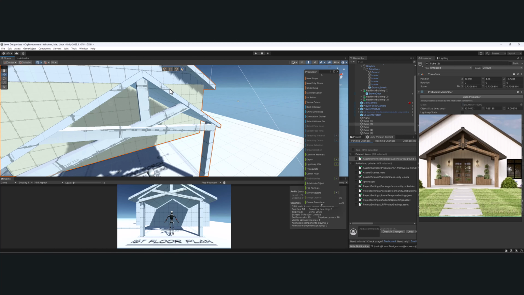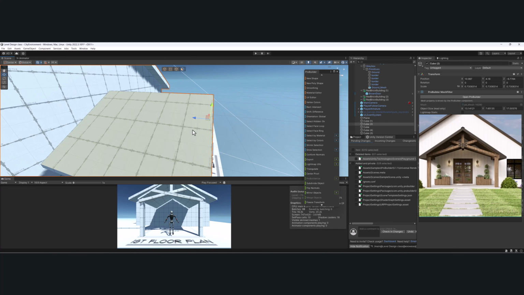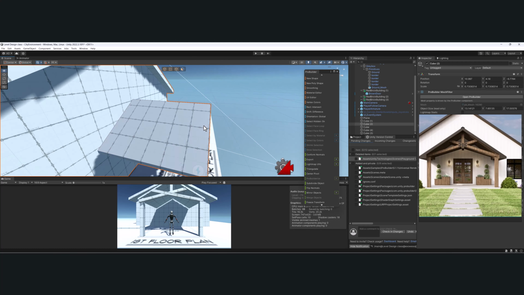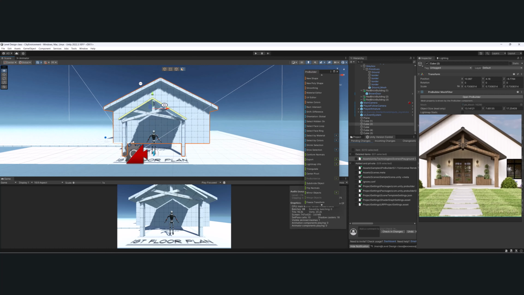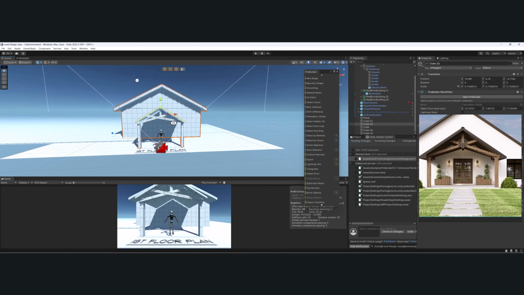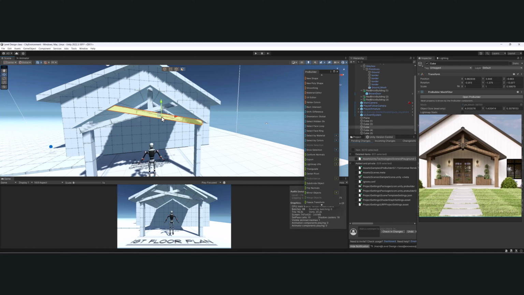So I'm going to select these faces here. I really want to pull that forward a pretty good amount. And just pull that out so it's covering it. And there's our overhang. Now, these look a little weird because that cross piece really should be in the middle,